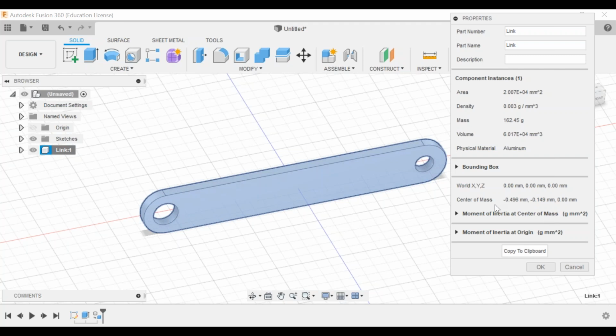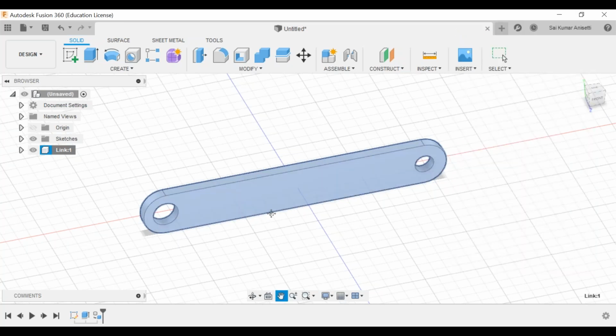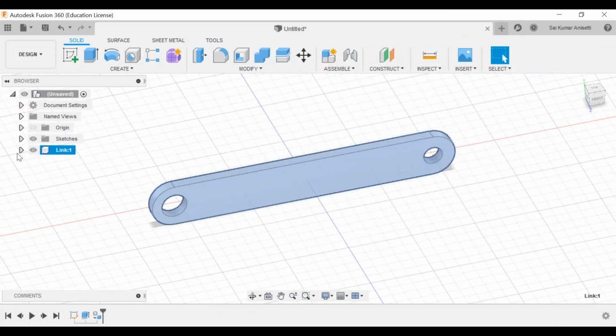Don't simply say that the area of this one is so and so. It automatically calculates everything for you. Just assign your material. You have n number of materials always. Aluminium 1602, there are 6000 series 6061, so there are a ton of materials. Select those materials from the list, assign it, and check your properties. Let's click OK for now. And this is how you actually assign your proper material and check your CG and everything.